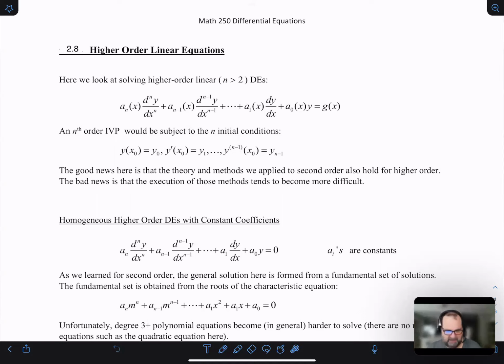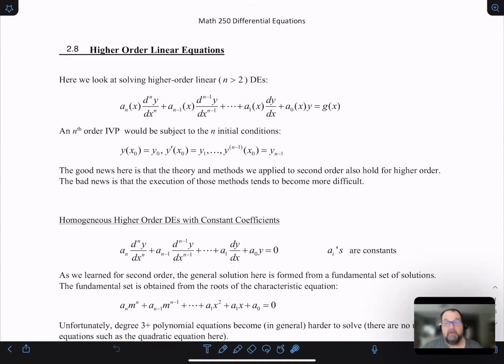In this section, we're going to look at solving higher order linear differential equations. Up until now, we spent some time with first order, and then we spent some time solving second order. We're going to take a little look at higher order. The good news is that for higher order equations, the differential equations theory behind it all is basically the same thing, so we don't need a whole lot of new ideas here, if any,